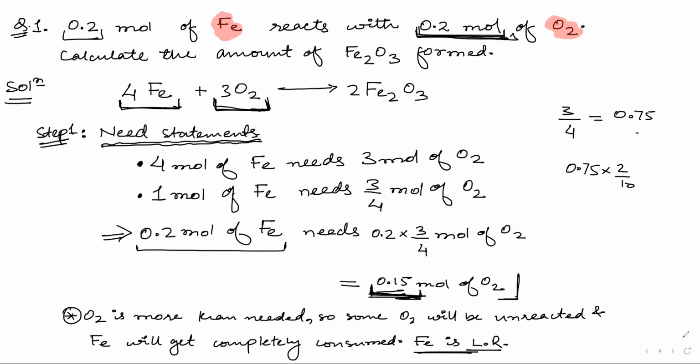At least no one has doubt till now regarding O2 is needed. Okay, fine. So Fe is the limiting reagent because O2 is left unreacted. So O2 is left unreacted. That means the other reactant will be completely consumed, na? Yeah, okay, I got it. Got it? Yes, sir.